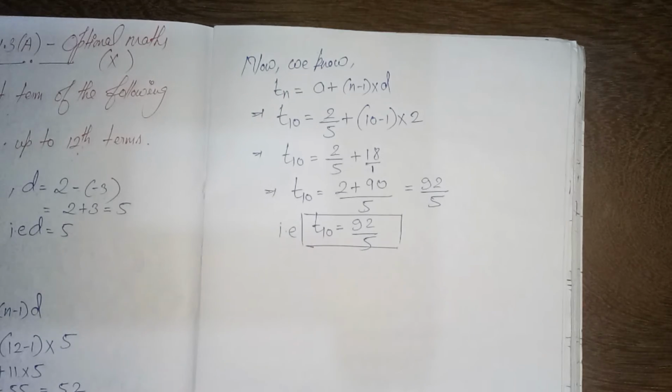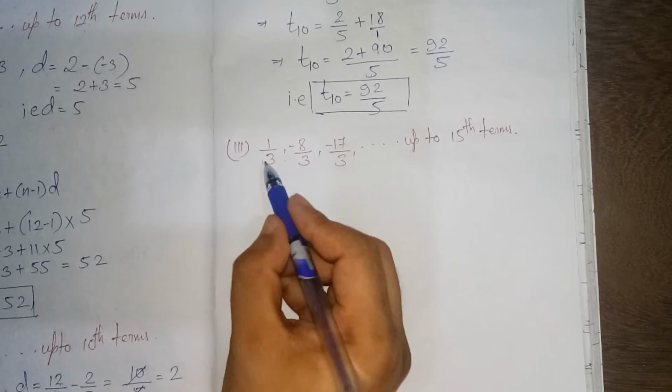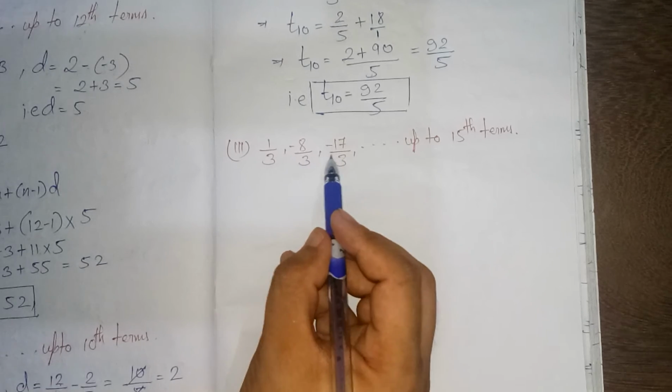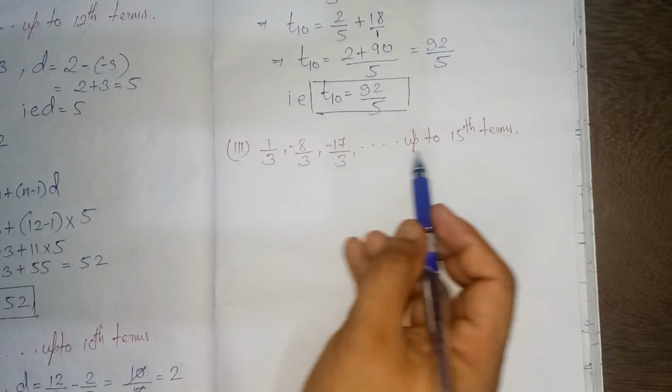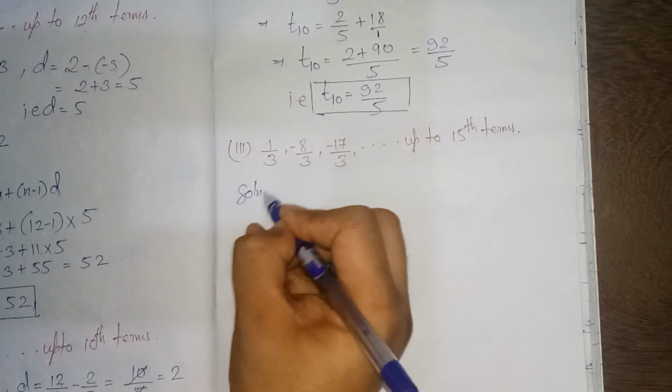Now the third question is, so I have just written the third question. Here the sequence is 1 by 3, comma, minus 8 by 3, comma, minus 17 by 3, comma, up to 15 terms. Like always, we have to first write the given information. Given: